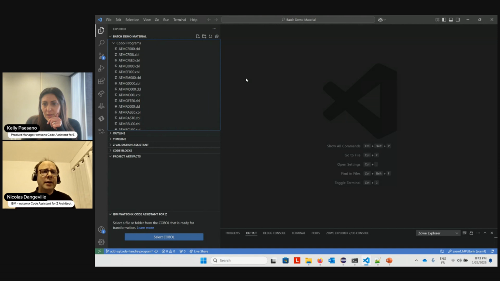There's a business process here that basically manages credit and debit information for a given account.